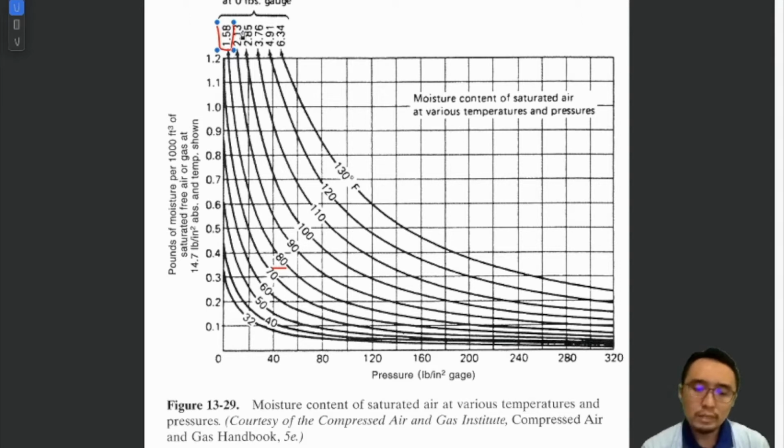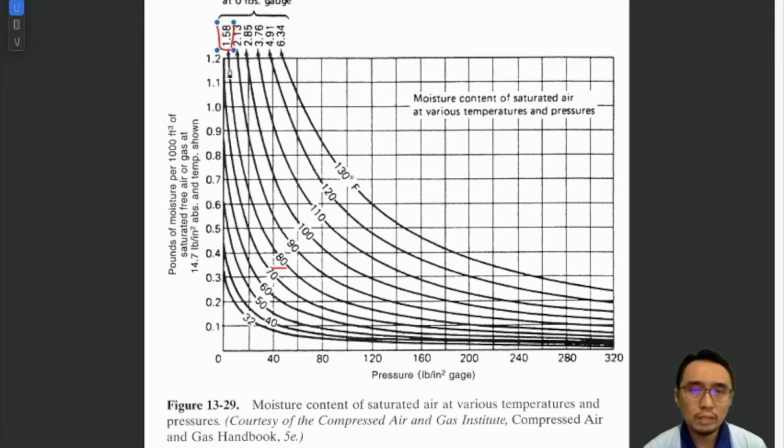If the compressor increases the air pressure of this 1000 cubic feet of saturated free air to 100 pounds per square inch gauge, and the temperature is cooled back to 80 degrees, then the maximum amount of moisture this air can hold is reduced to 0.2 pound. So if we are pumping air from the atmosphere using a compressor, the air originally has 1.58 pounds of moisture at this pressure, but